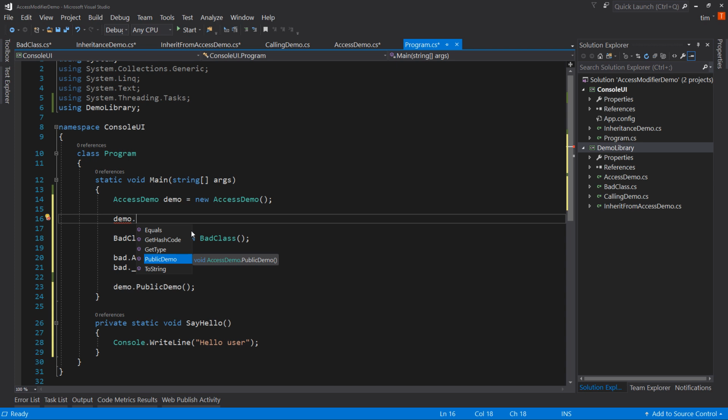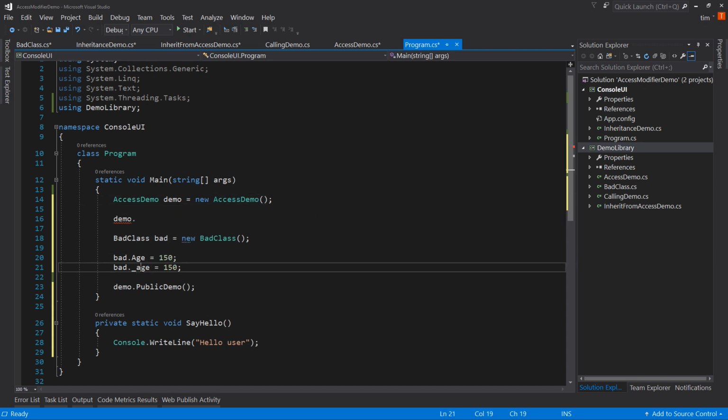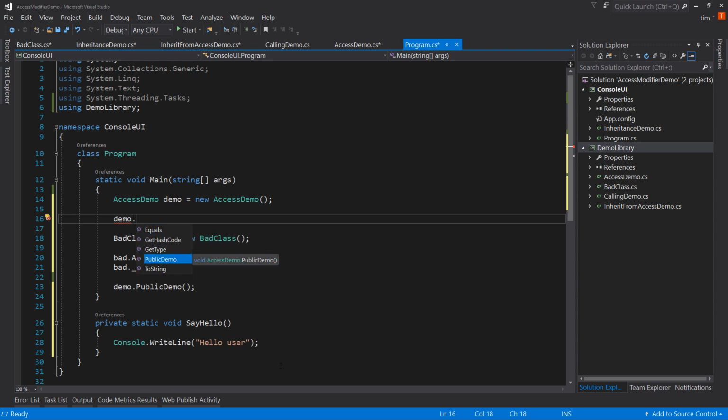That's pretty clear to understand which ones I can call. Just public demo. I don't have the problem of which age to call. I don't have the problem of, is this part or the whole? I just have 1 option, public demo. Okay? Now, obviously, you'll have more than that, but it will only be the options that you really should and